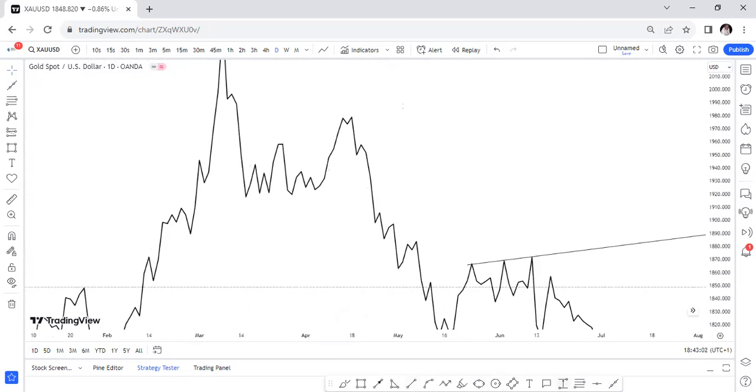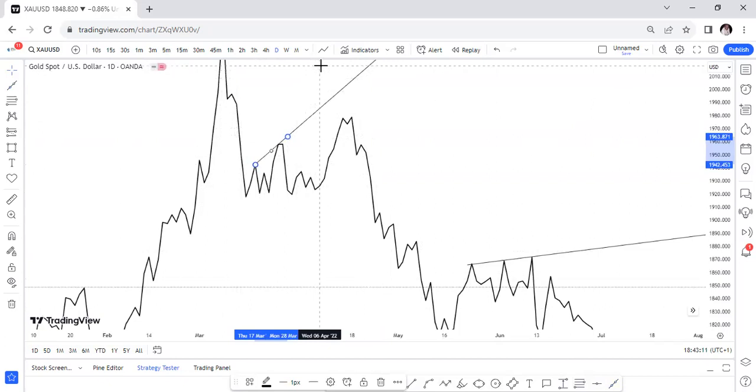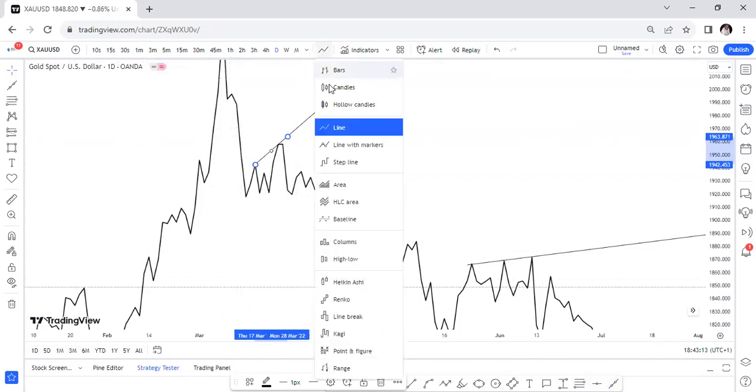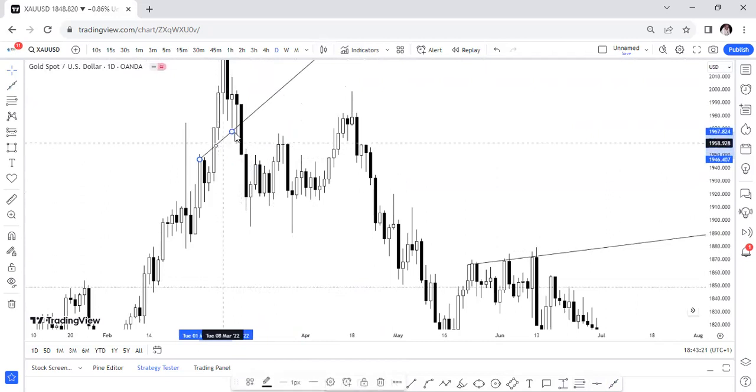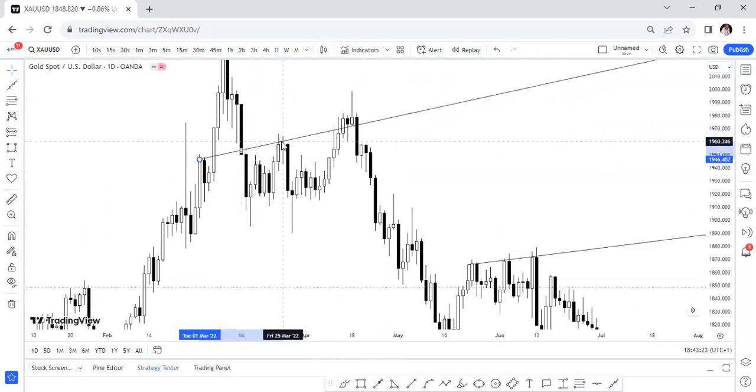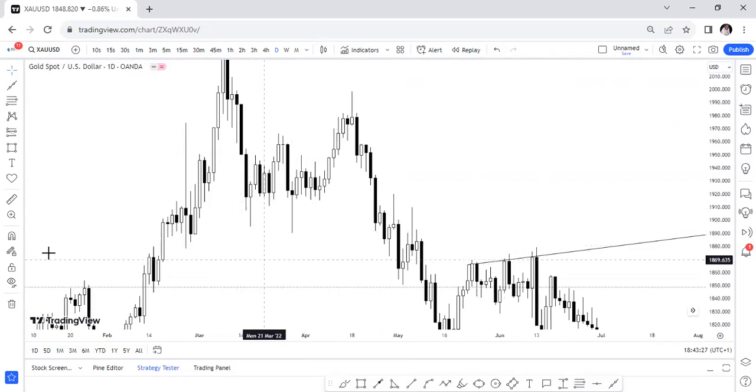Now this pattern, see it here. You got this. Does it have a wick? It doesn't have a wick. So we got this connected to this. No, that's not a good one. Right. So we come to that. Let's